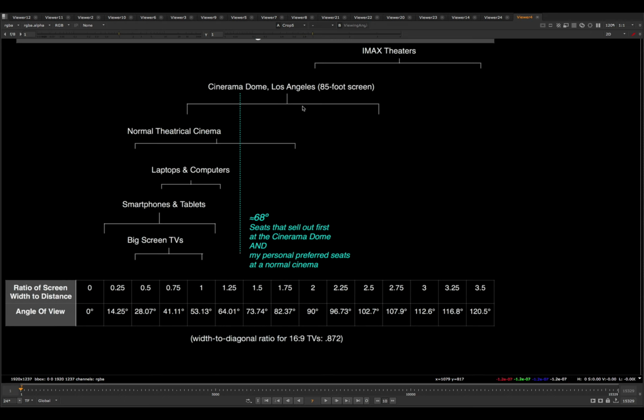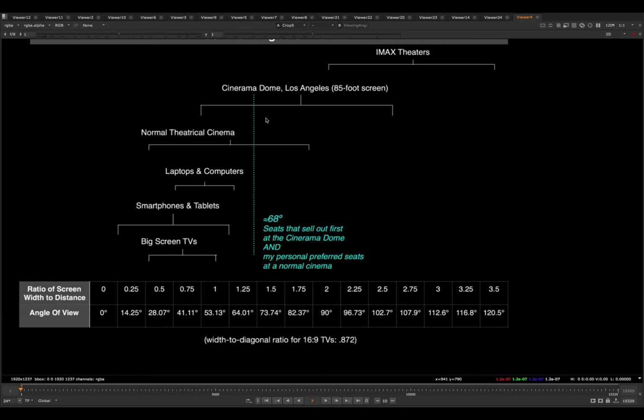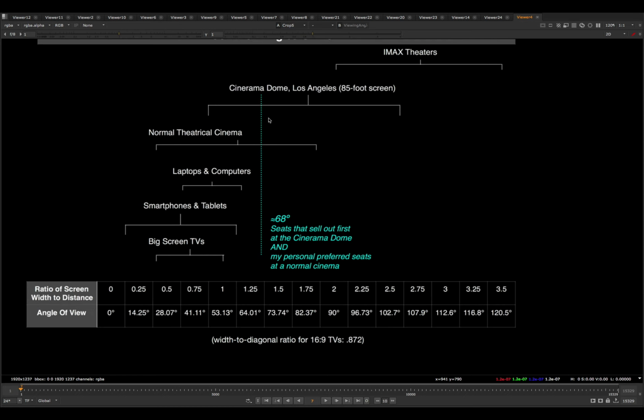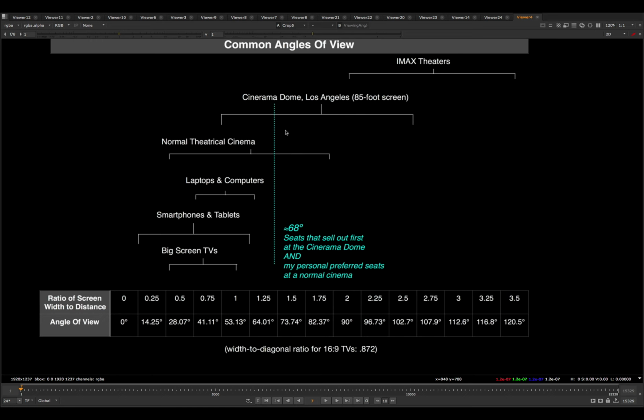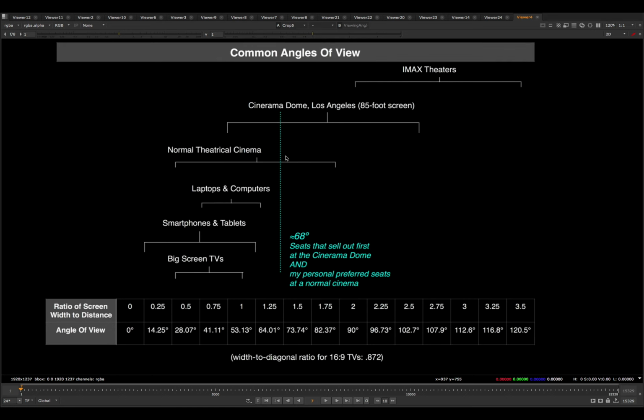So even though the screen's bigger, people are still not seeing it bigger on their retina. Now, I'm not saying this to disparage the feel of seeing something on a huge screen, because there's certainly a visceral experience of seeing something on an enormous screen with the sound and the scale and all that. So this is not to disparage seeing movies on a huge screen, but just to say that the fact that it's on a big screen does not mean necessarily that the image is bigger on our retina